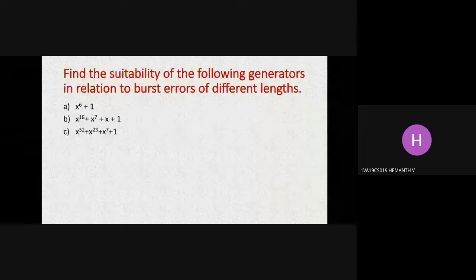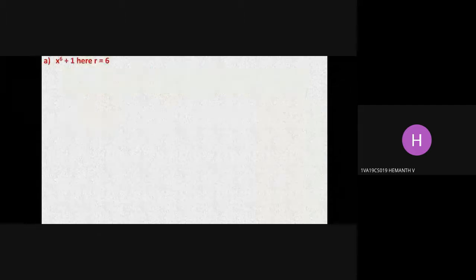Let's see the first one, x power of 6 plus 1. What is the degree of polynomial? That is the highest degree present in the polynomial, right? So it is 6. So our R value is 6 here. Now let's find out burst errors. First thing is what? All burst errors